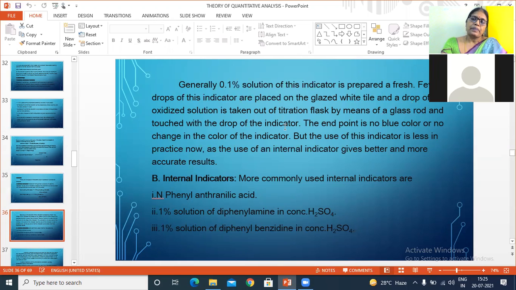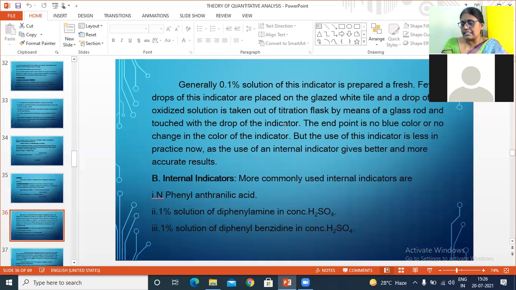Why? Potassium ferrocyanide is a ferrous compound, which readily undergoes oxidation when exposed to air and converts to ferric. If it converts to ferric, then we won't get any blue color solution. That is why we have to prepare it freshly, and that indicator we have to use directly. We are not supposed to add one or two drops of an indicator for this.